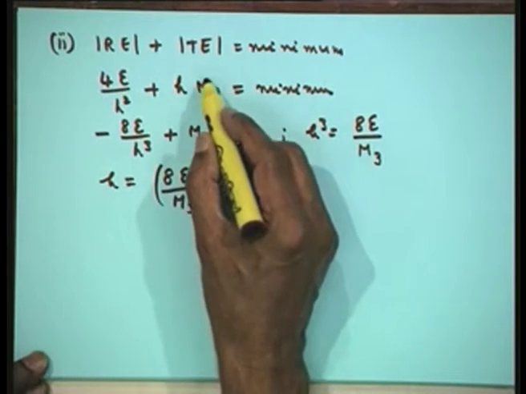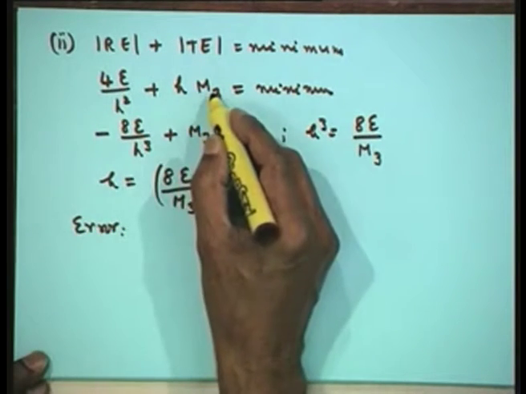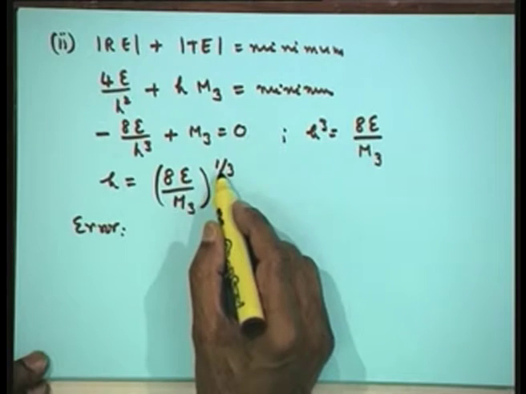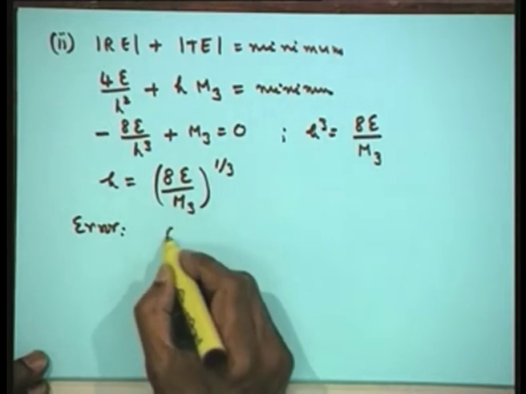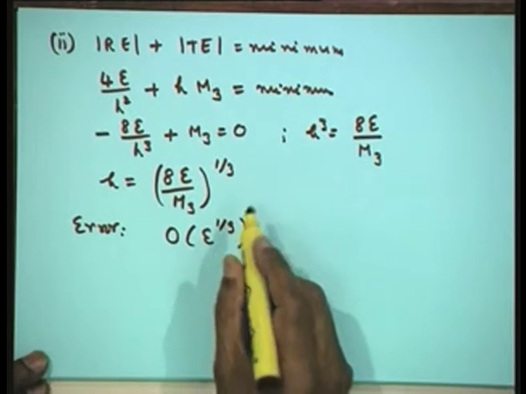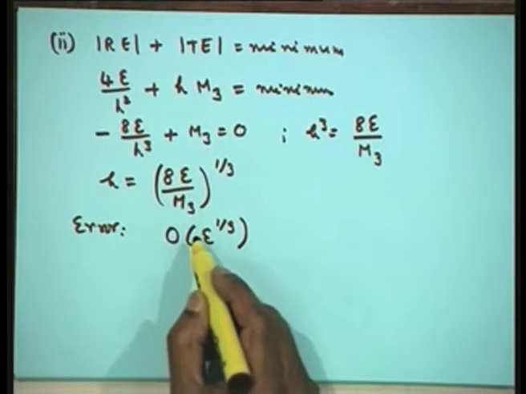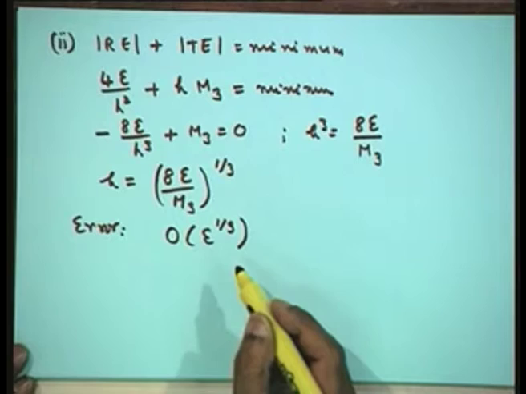Now, we can find what the total error is. Now, this is h times M3. So, this is simply epsilon to the power of 1 by 3, this is also epsilon to the power of 1 by 3, just sum up and show it, and again I have this as epsilon to the power of 1 by 3, except that the constant that is multiplying this factor is different from what we have in the previous example.